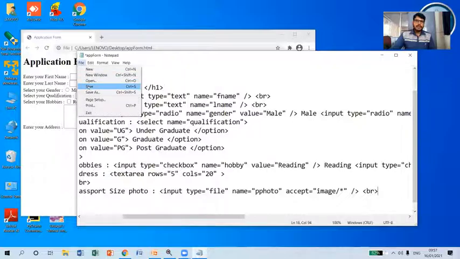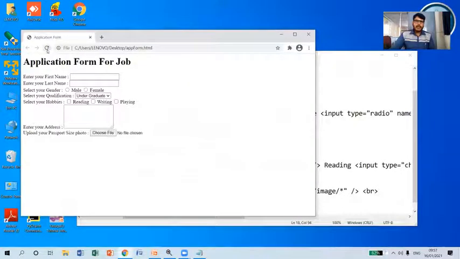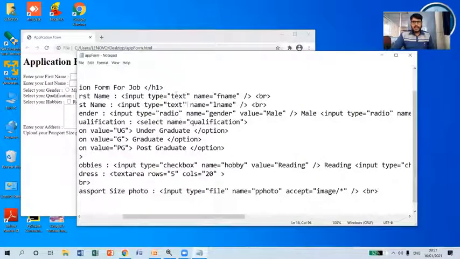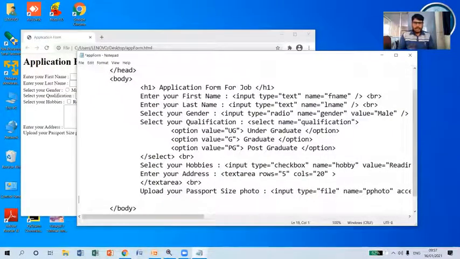So now let us save this and reload this. You can see here, upload your passport size photo, and here you can select, he can choose his file. So likewise, we can include various controls, and after this assume that I want to accept these form details by using a submit button.